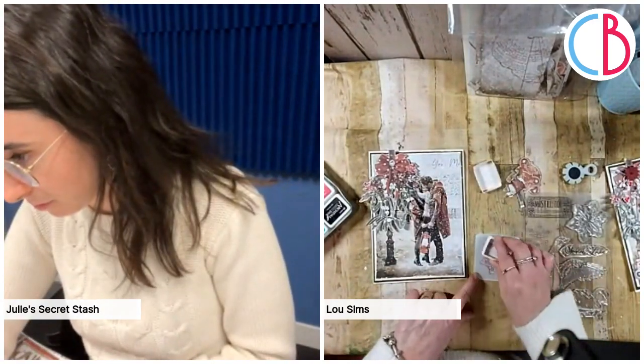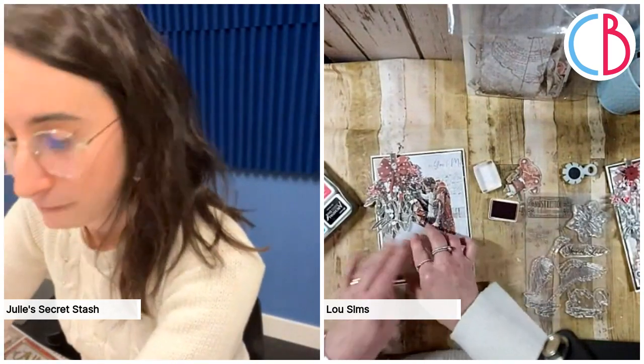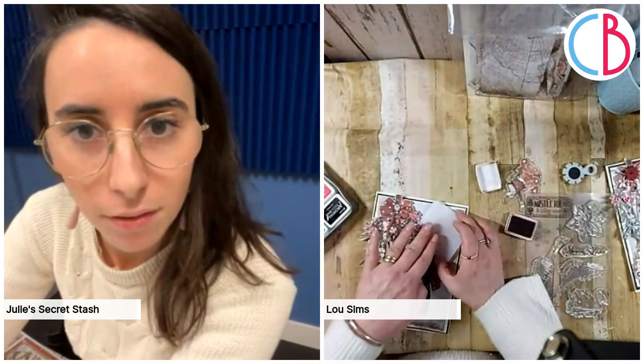So all I want to do is add some little snowflakes, because the stamp set now allows me to add a few bits to the background, and that's all I've wanted to do